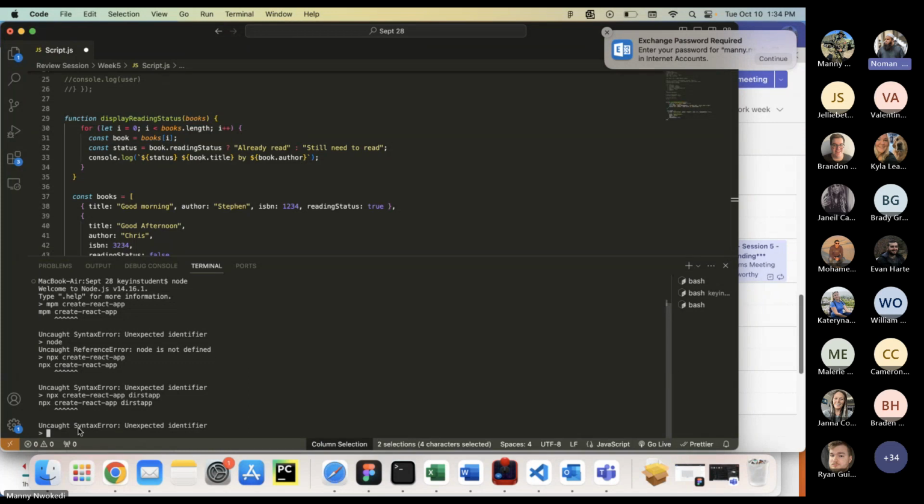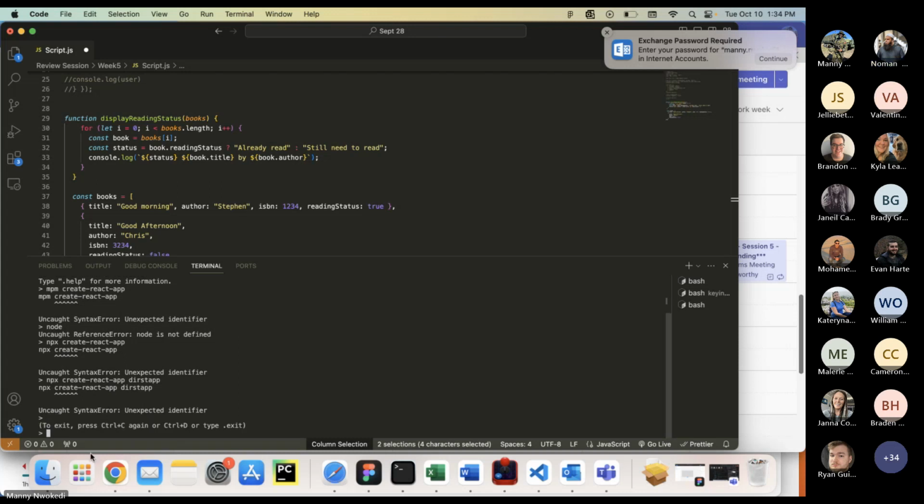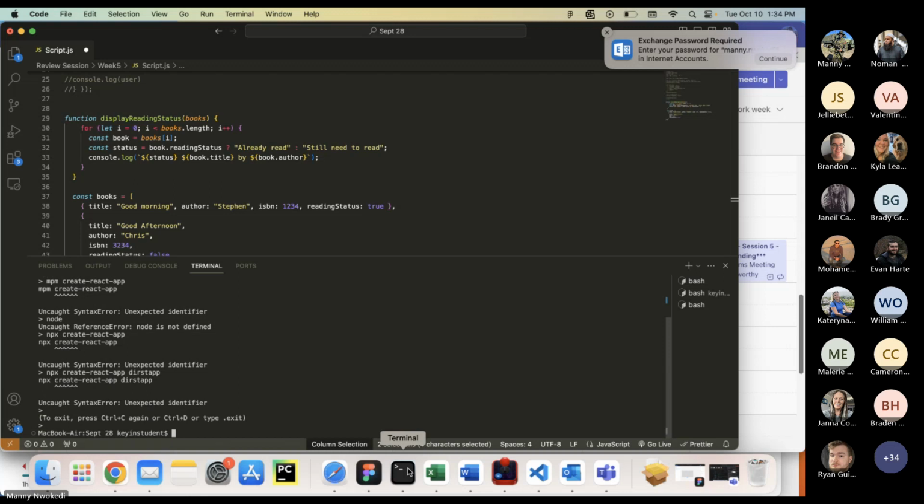Okay, just give me a second and let me have a look at that. Okay, npx create-react-app. Okay, I got it. Manny, can you hit Control C? The problem is that you always hit node and hit Enter. Control C. Can you hit Control C? And again Control C. Manny, wait now. Wait, unless I tell you.